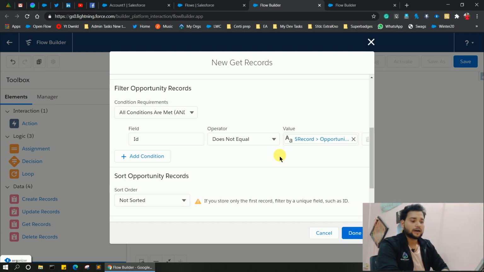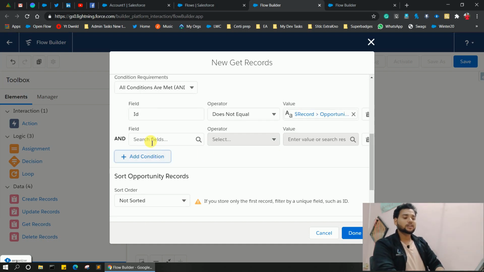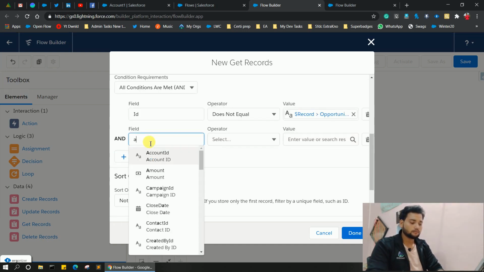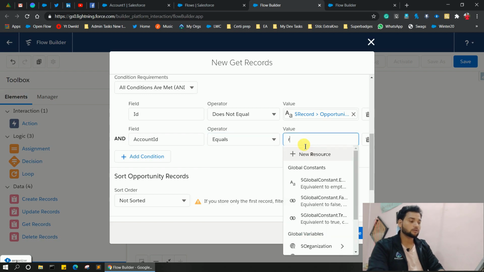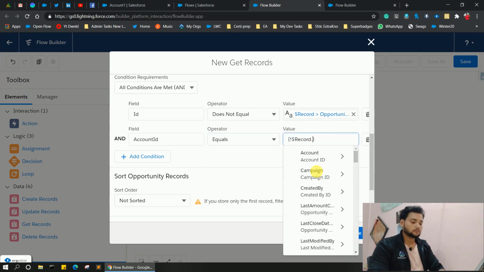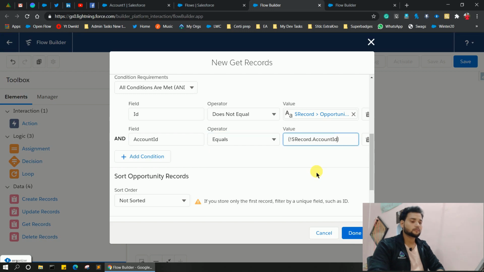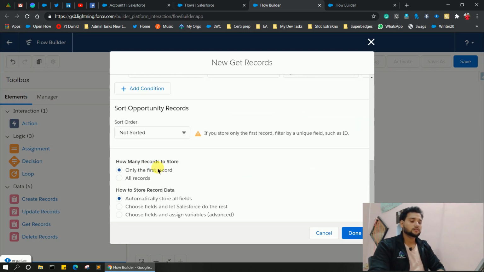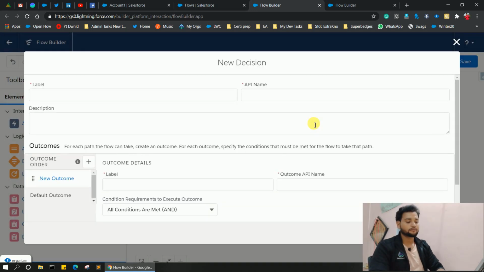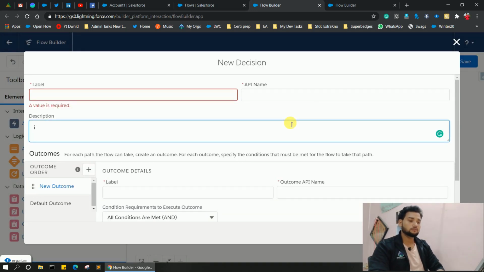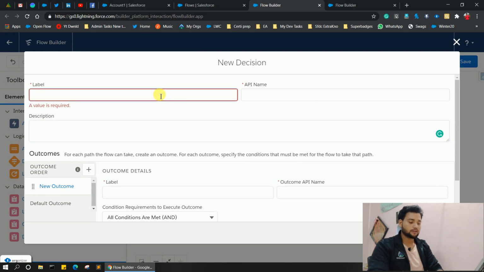So again we have to provide another condition, which is account id. So account id equals record account id, and now we have to simply store all records and click done. In a similar manner, we have to use a decision element over there. Let's say if check for null,